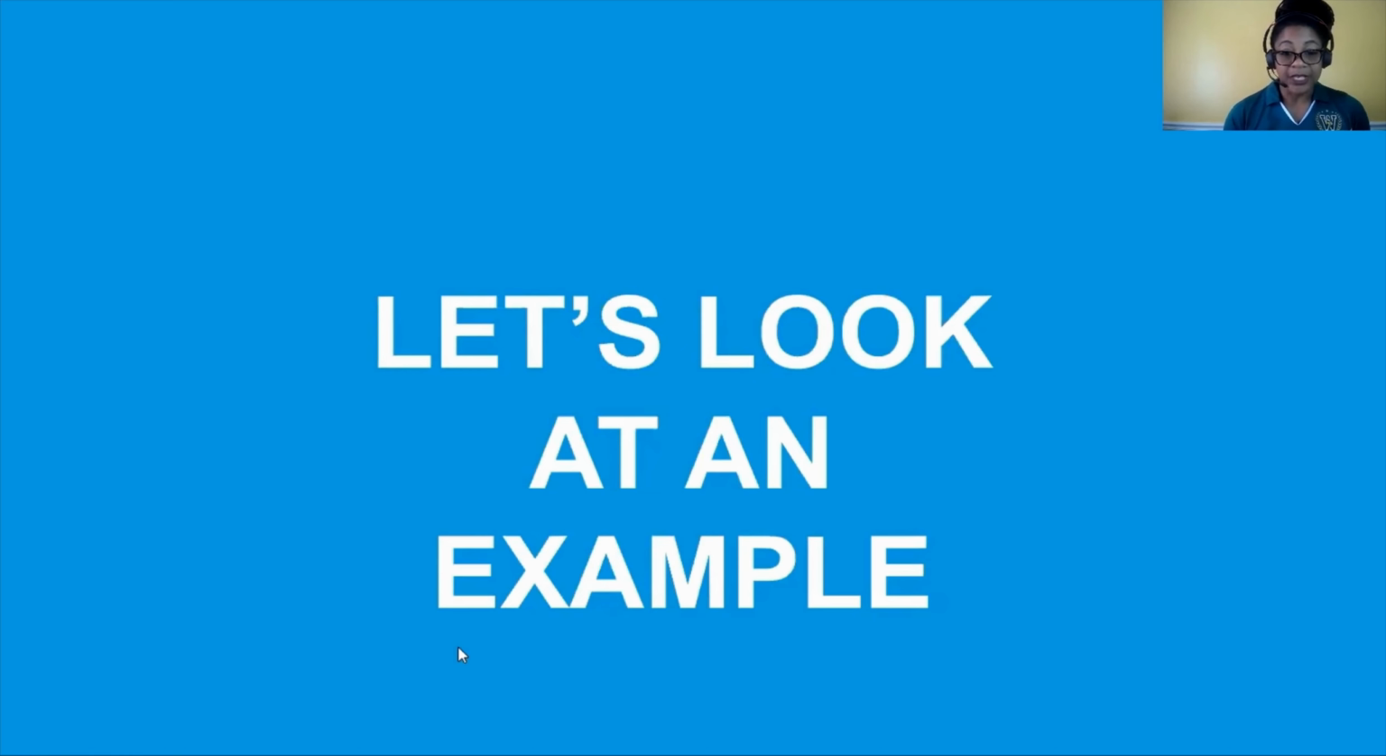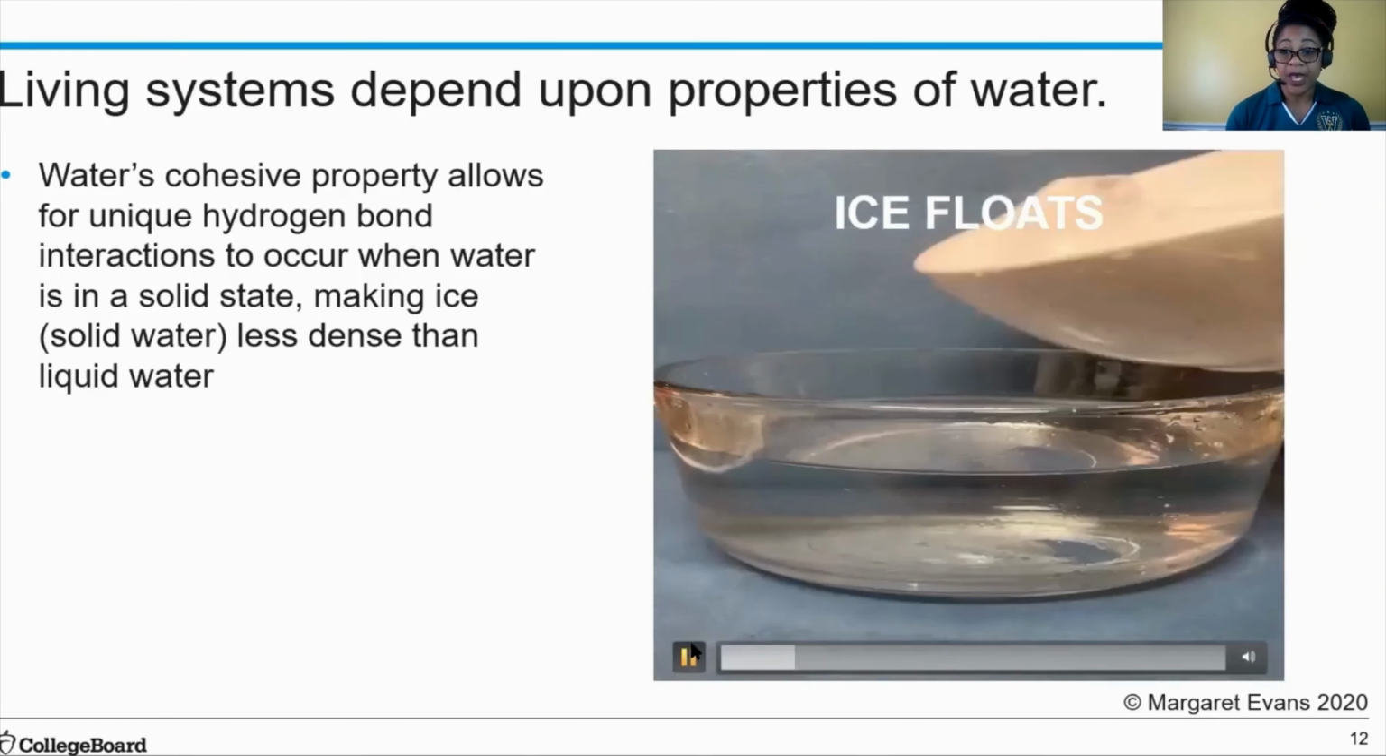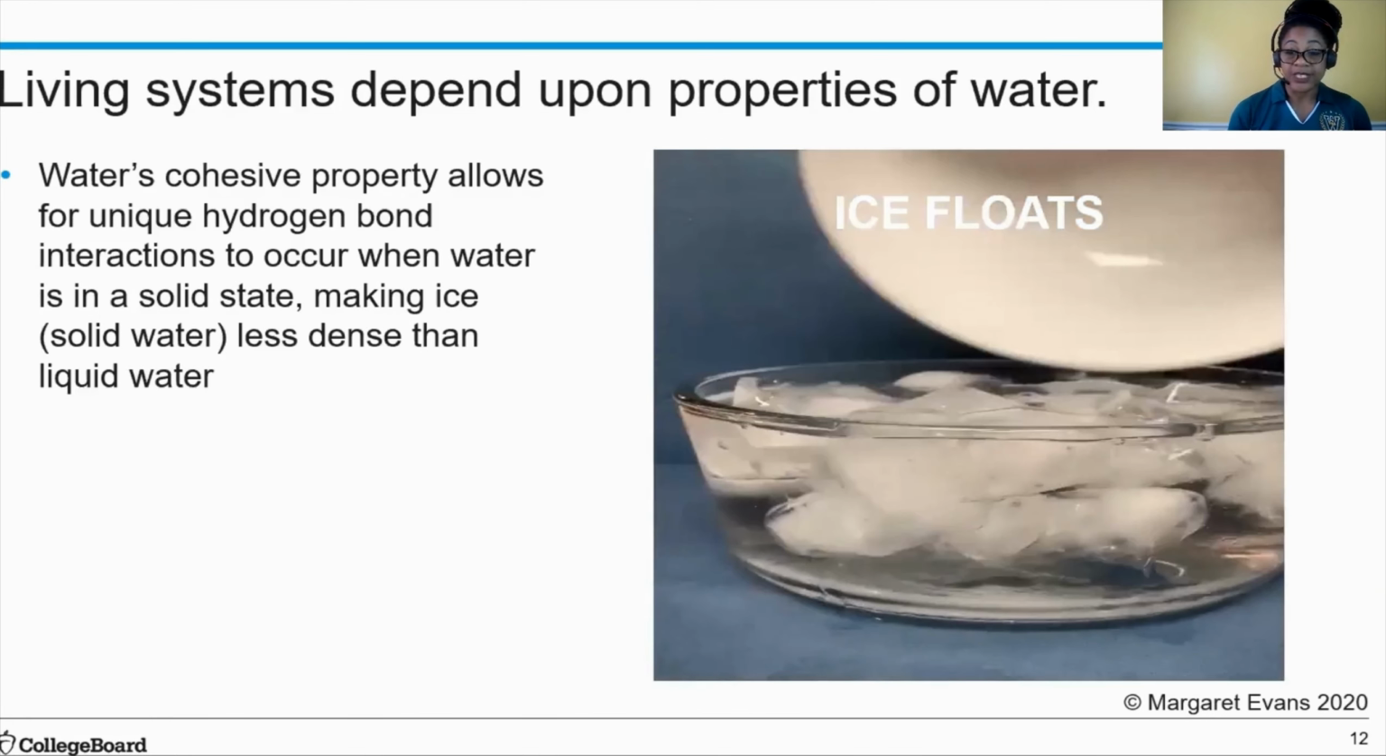Our next property we're going to look at is the ability of ice to float. Now, water's cohesive properties allow for unique bonding interactions in water's solid state, and this makes water as a solid less dense than water as a liquid. And here we can see in the video with the ice being added, we notice that it floats,